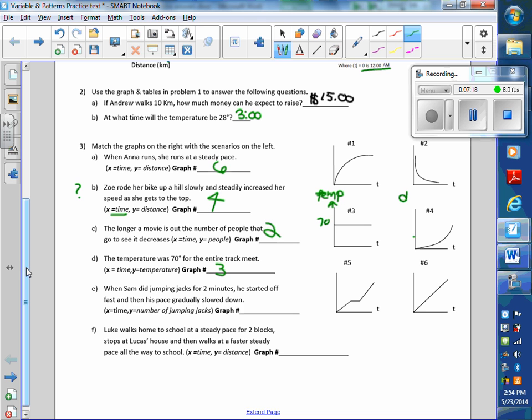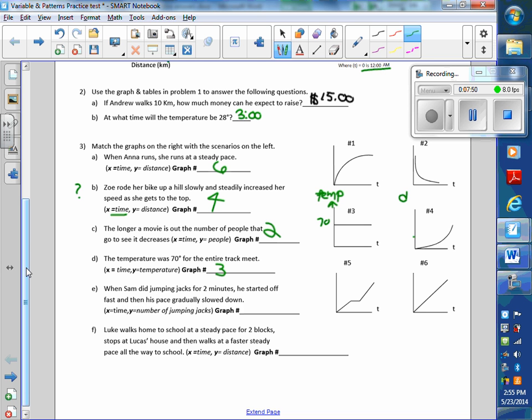Yes, but it's pretty much saying that the temperature, well, because if it was 6, it would increase in temperature. Number 3 shows no change if the y-axis is temperature. What happened was you were thinking 70 is a steady temperature, right? But it's not a steady increase. The temperature's steady, but it's not increasing